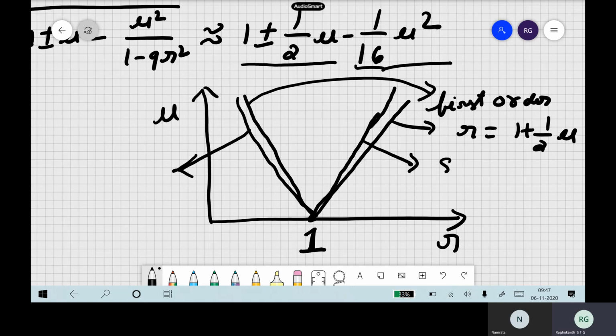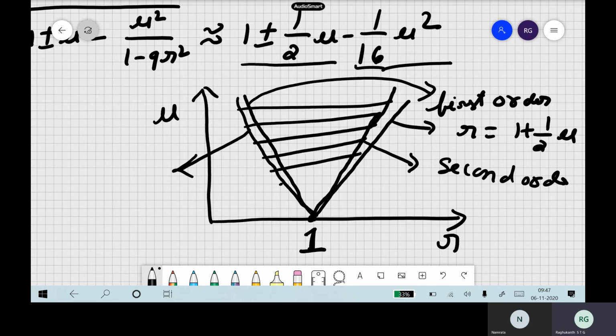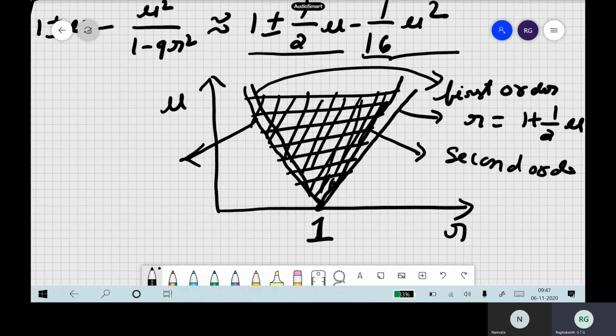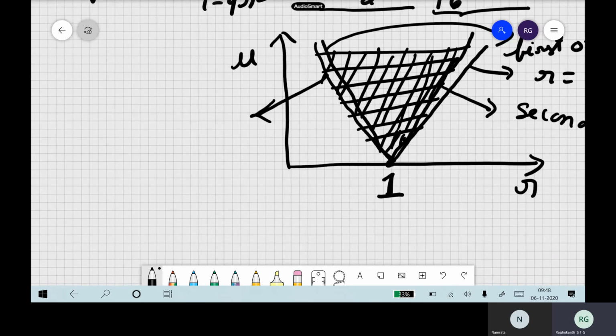So you can see here, when it comes to the right side, first order will be more than second order. But when it comes to the left side, your second order will be more than the first order. You followed? So this is how the second order things will be. Okay, so this is the unstable region actually. Slightly the boundaries will come onto this side. So this is how the stability boundaries look like.